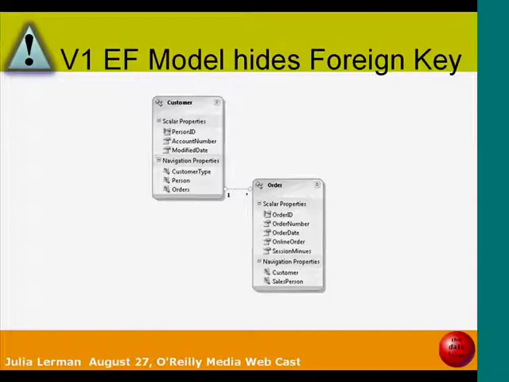One of the first things people notice when they start working with an entity data model in Entity Framework is that you won't see foreign keys in the model. If you look at this little model of two entities, a customer and an order entity, what's not